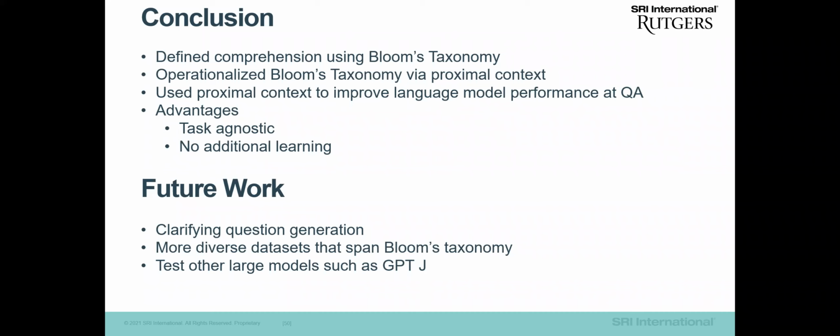And the advantage is that we are not doing any additional learning here. The work is all task agnostic, right? Because if you notice, we did not train anything. We're just using prompts and we're able to do this. So now, of course, in future work, we are looking at how to clarify the question generation, how to get more challenging data sets that actually go all the way up the Bloom's taxonomy, and also test large